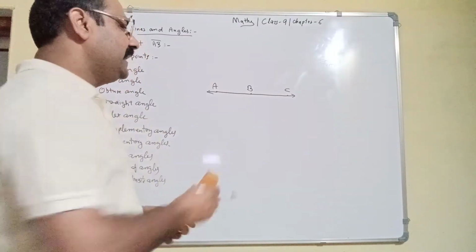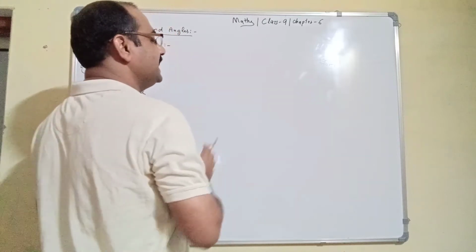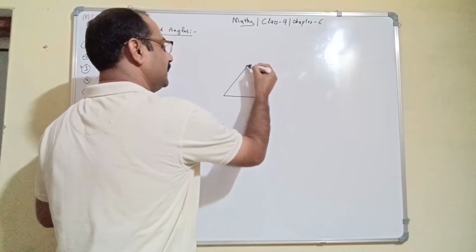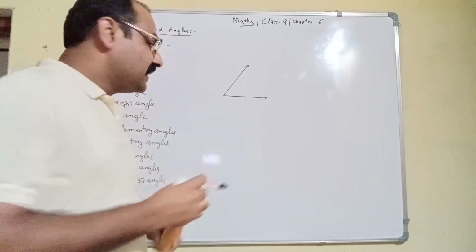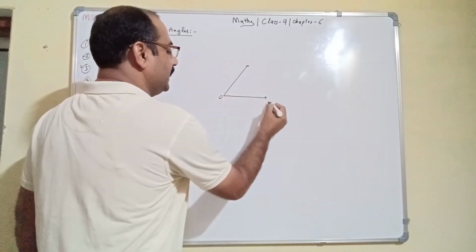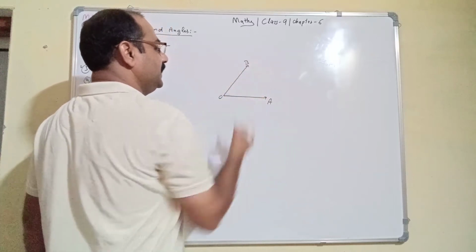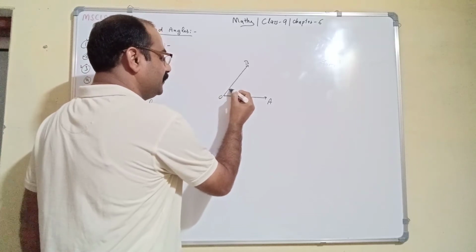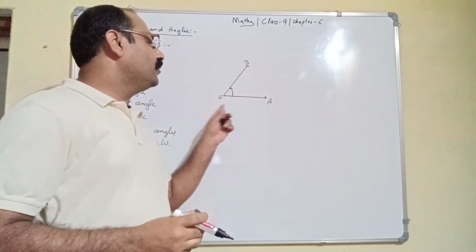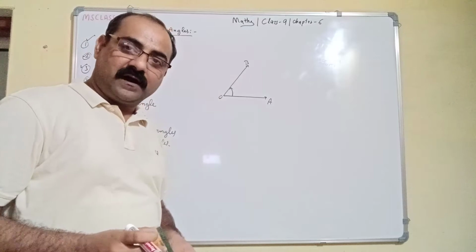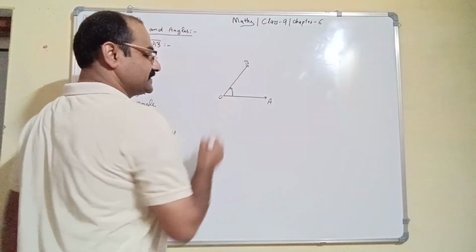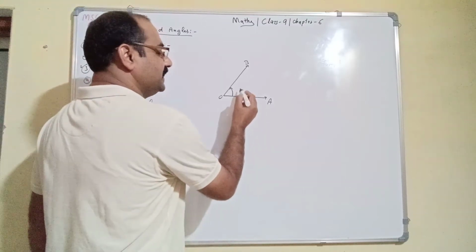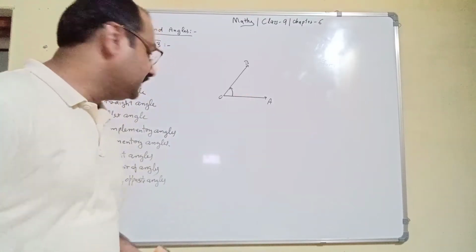Right? So our third point is acute angle. Guys, an acute angle is an angle less than 90. When two rays OA and OB make an angle, then it is an acute angle. Here OA and OB are two arms and O is the vertex. Right, this is an acute angle, meaning less than 90 degrees.